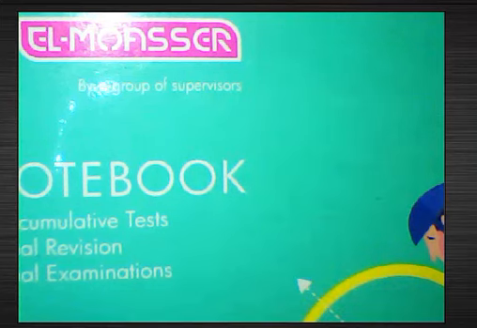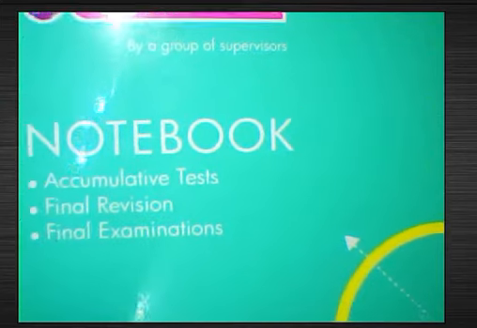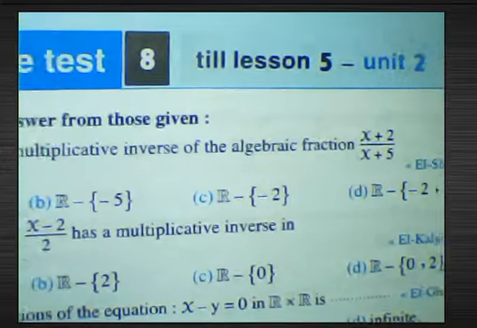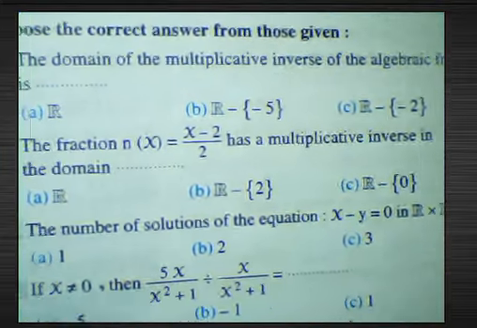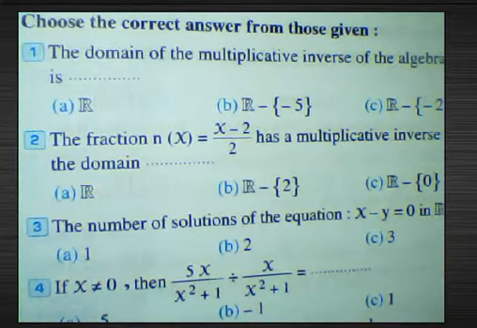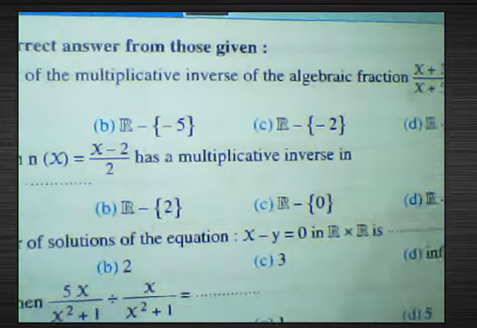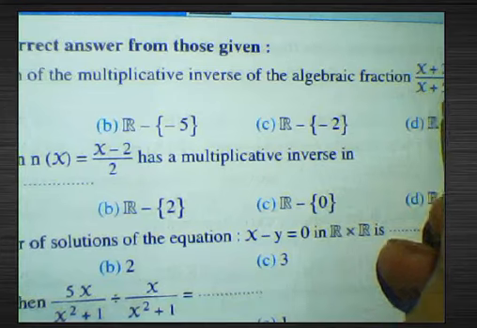Today we'll solve from the Al-Moasser book, a cumulative test from the notebook, okay? A cumulative test 8, lessons till lesson 5, unit 2. Choose the correct answer. The domain of the multiplicative inverse of the algebraic fraction (x plus 2) over (x plus 5) equals